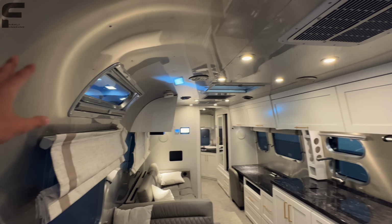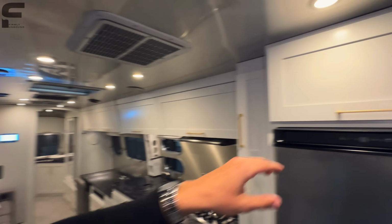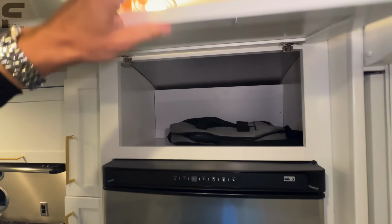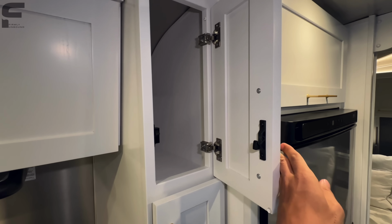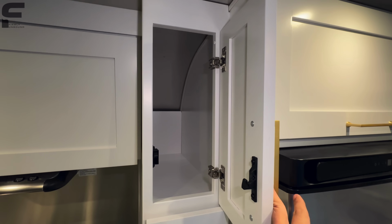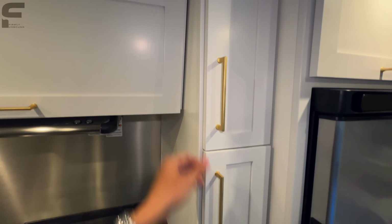All aluminum throughout the interior. So aluminum sidewalls, it wraps all the way around the aluminum ceiling panel. Storage space up here. This is all solid wood construction on your cabinets and drawers. And then there's multiple different interior color options with Airstream as well. So if you don't like this white and gold, you're certainly not confined to that, as they will have multiple